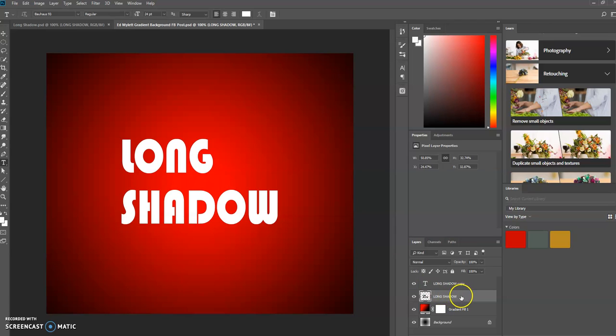Now I'm going to press Control J to duplicate this layer. And now I'm going to use the arrow keys to move this layer down some so it appears that we have a shadow building. So as you can see, after I use the down arrow and right arrow key, we have a shadow forming here. Once I do that, I'm going to merge these layers by pressing the shortcut key Control E,